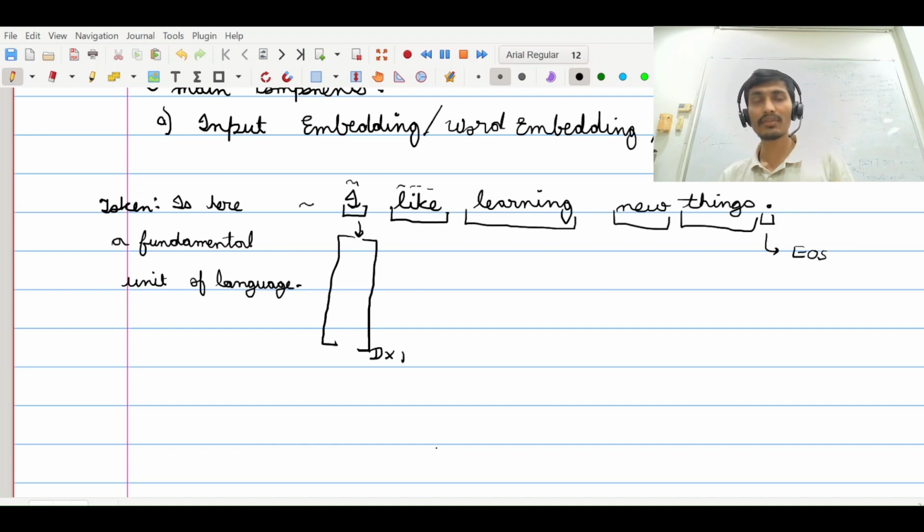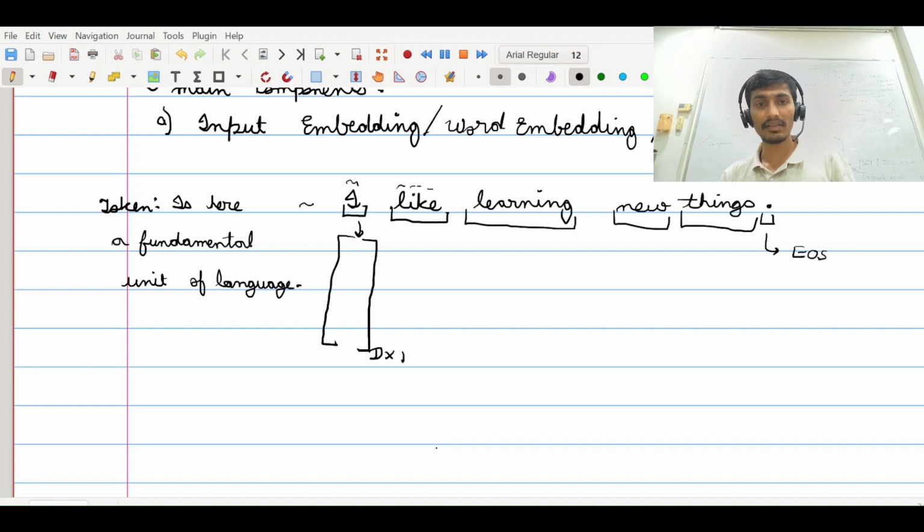So suppose we have chosen the word, then corresponding to each word, we would call that a token, and corresponding to that, we would have a vector. Had we chosen a character, corresponding to each character, we would name them as token, and corresponding to each token, we would have a vector. So we would have multiple vectors here.